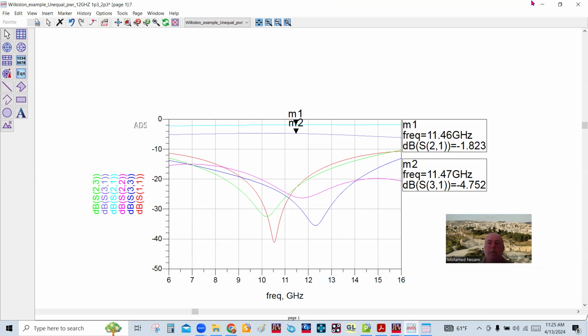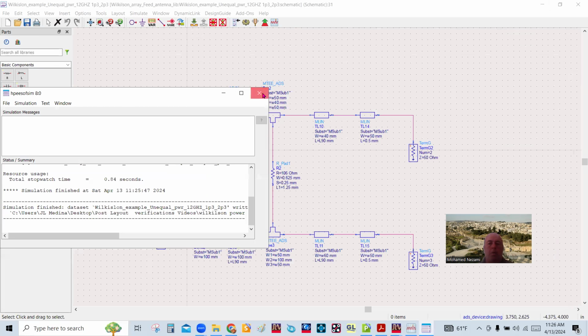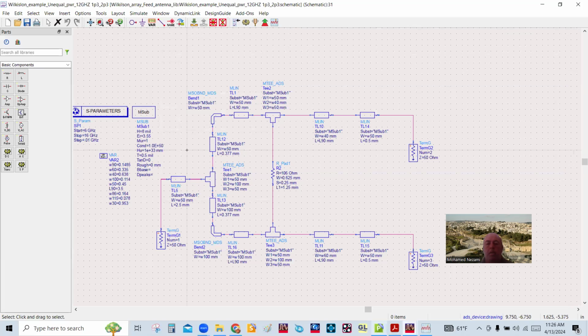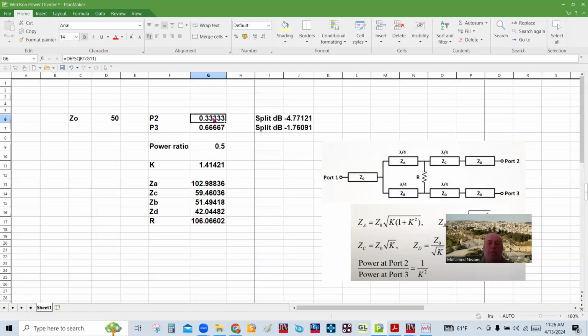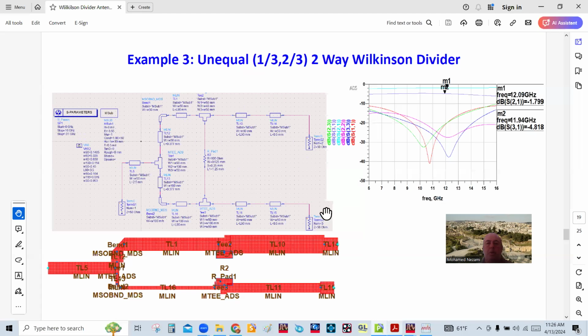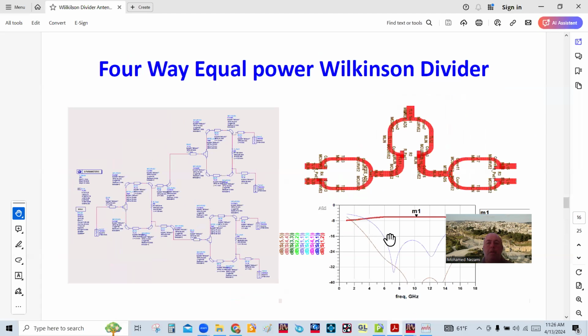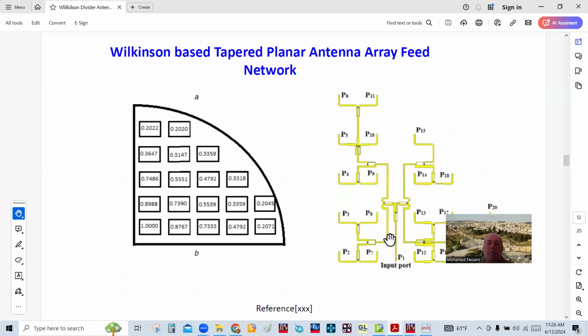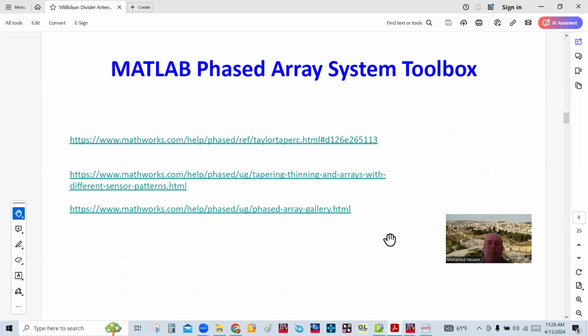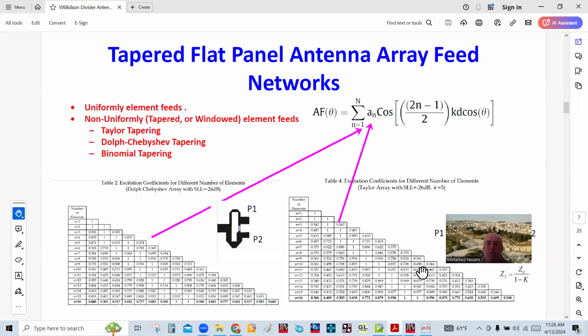This is exactly. All right, so this works out. Now, of course, in an antenna array, the ratios of these, to the power 1 to the power 2, really is determined by the Taylor coefficients, the tapering coefficients that are these coefficients in here. So every one of these numbers demands that you have